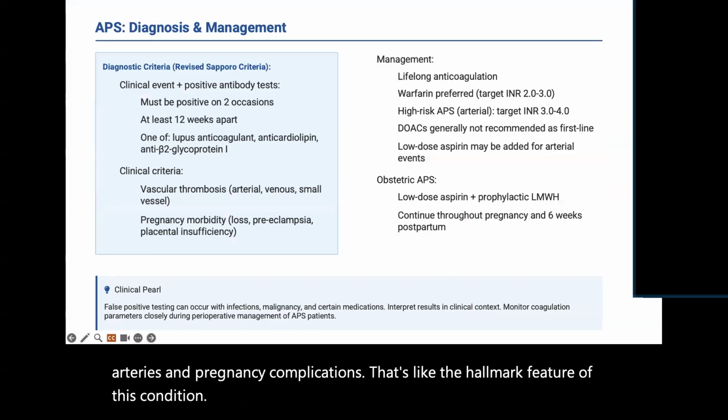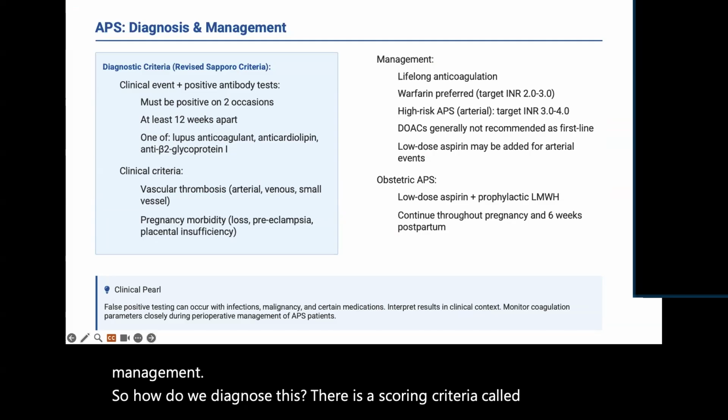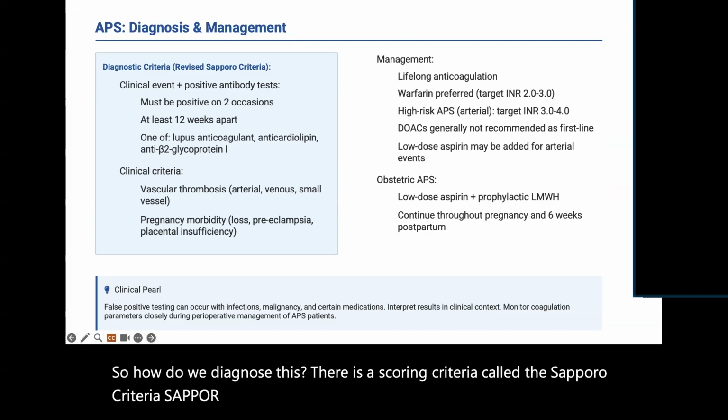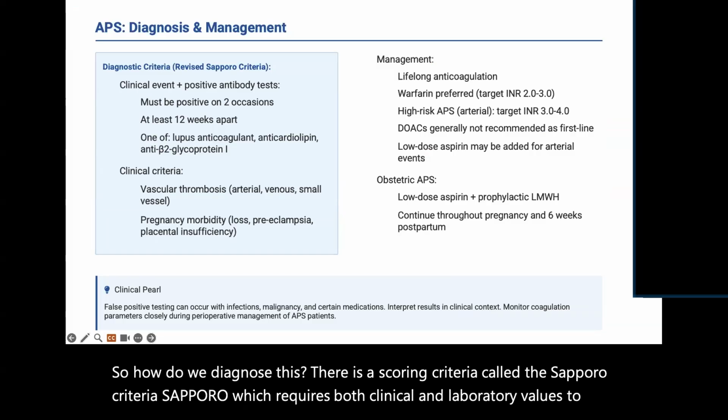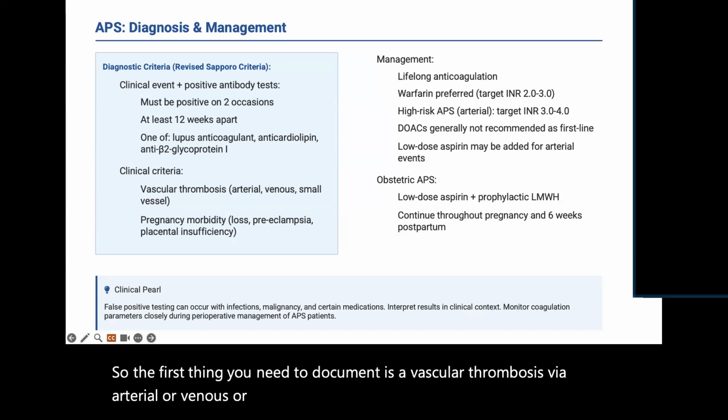Okay, now let's talk about antiphospholipid syndrome diagnosis and management. So how do we diagnose this? There is a scoring criteria called the Sapporo criteria, which requires both clinical and laboratory values to be met. So the first thing you need to document is a vascular thrombosis, be it arterial or venous or small vessel, or